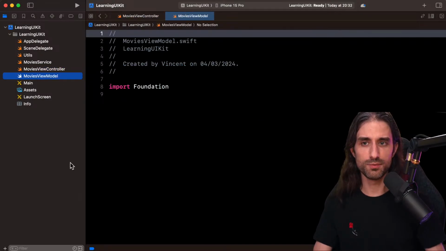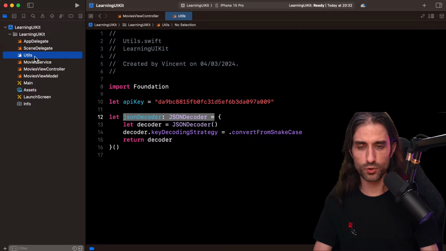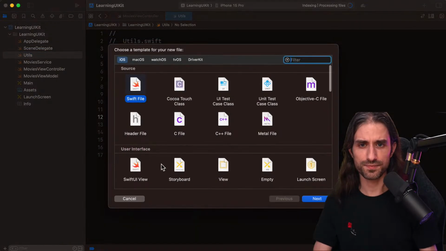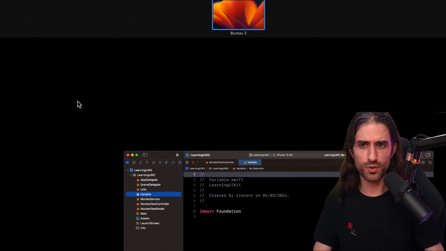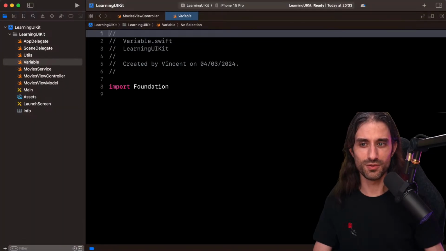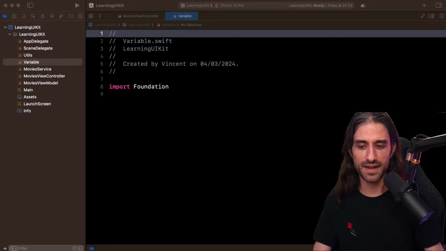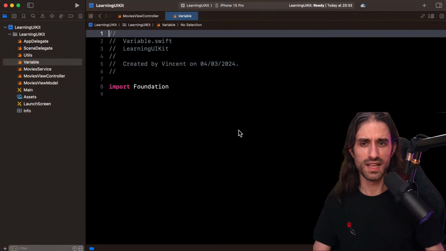So I'm creating this Movies view model, and I'm also going to create a new file that I'm going to call Variable. I don't want to use Combine for this simple project, because Combine adds a lot of complexity, and if you're watching this and you don't know Combine, it's not great if I use Combine.